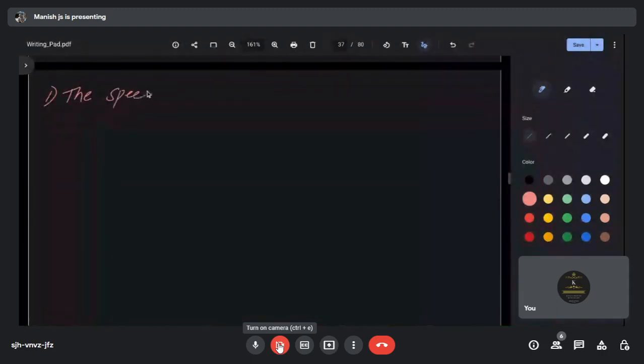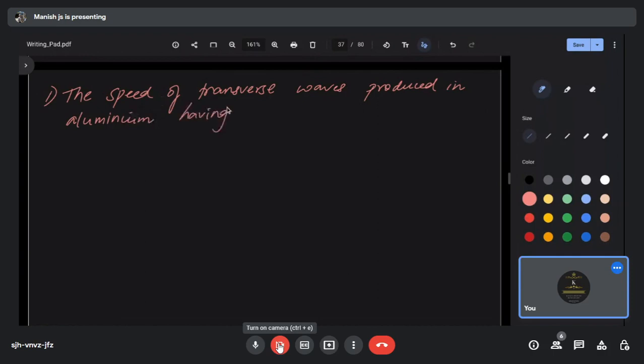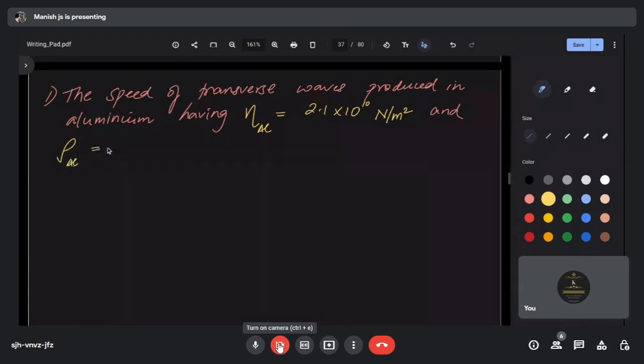So first question, the speed of transverse waves produced in aluminium having rigidity modulus given for aluminium, which is 2.1 into 10 power 10 Newton per meter square, and density given as 2.7 into 10 power 3 kilograms per meter cube. The options are